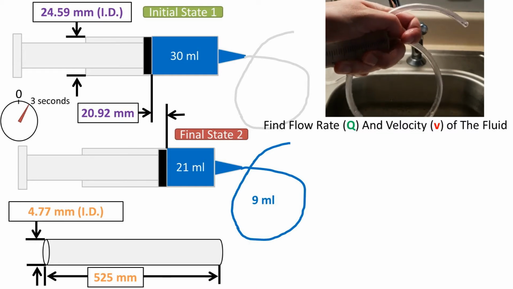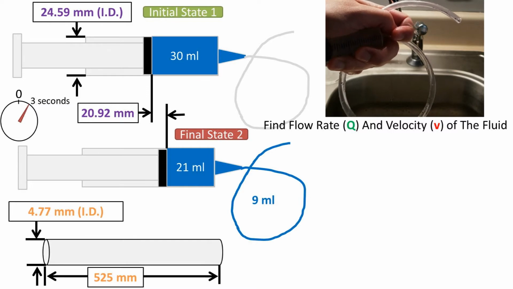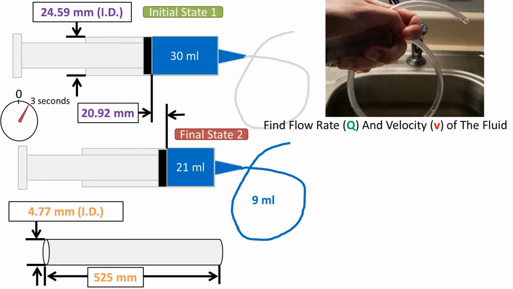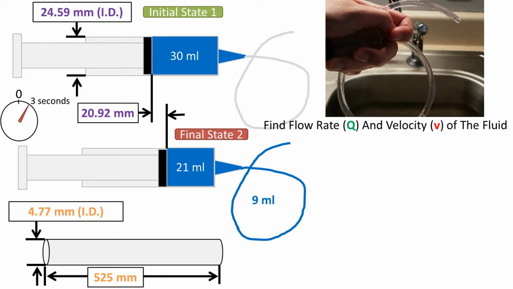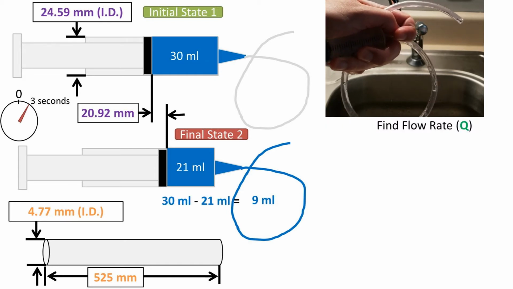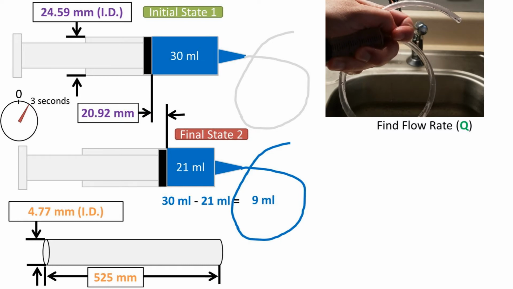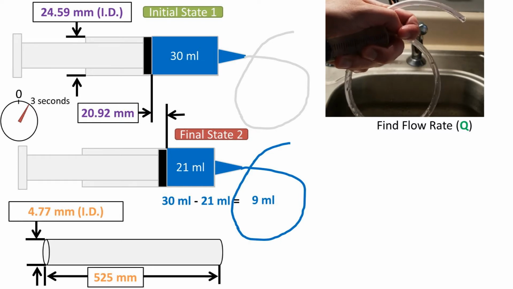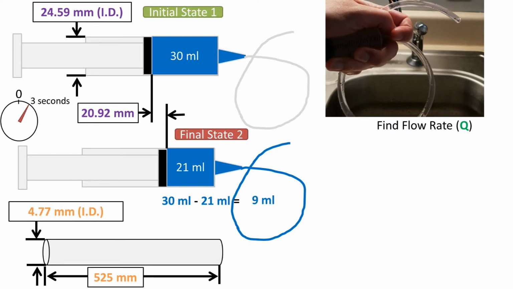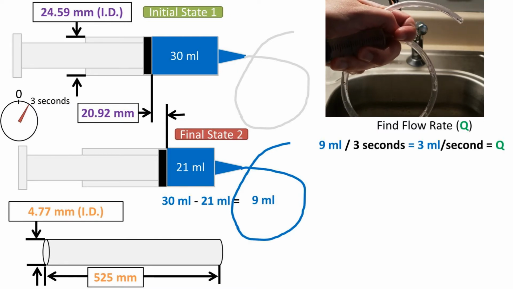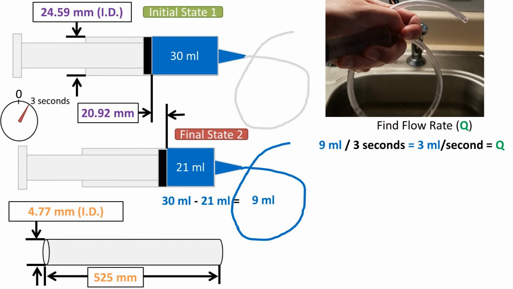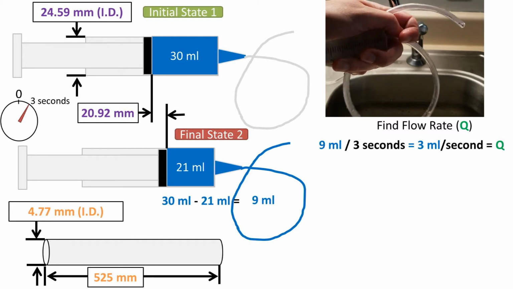This problem works off the concept of conservation of volume of an incompressible fluid. Tangent: water is slightly compressible, but for our case it virtually is not. Looking at the diagram, if we take the 30 milliliters initial state, which we will label 1, and subtract 21 milliliters final state, which we will call state 2, we get 9 milliliters of fluid in the tubing. 9 milliliters divided by the time to fill the hose of 3 seconds equals 3 milliliters per second for our